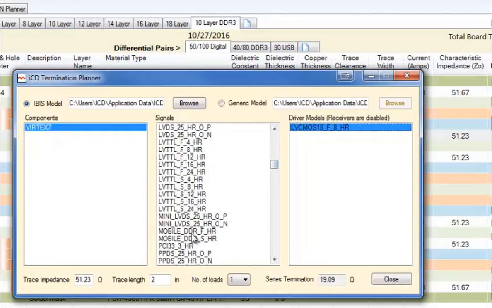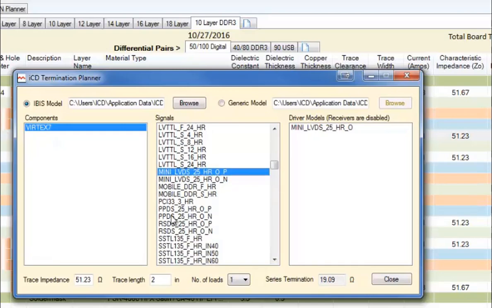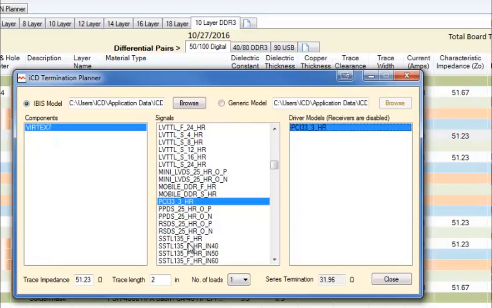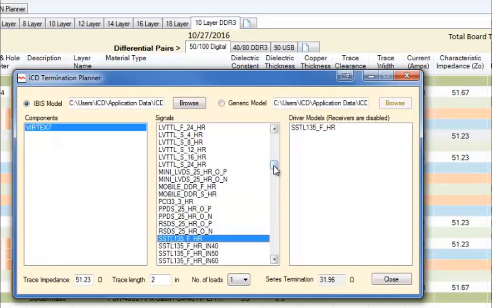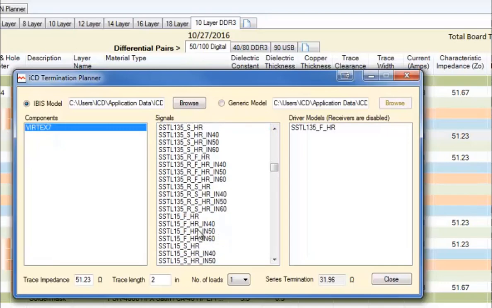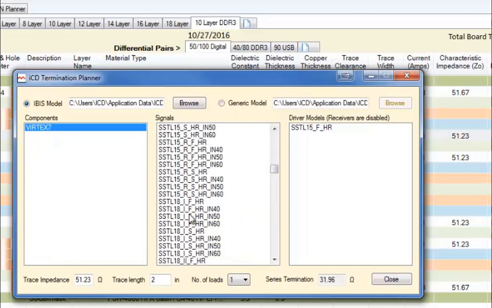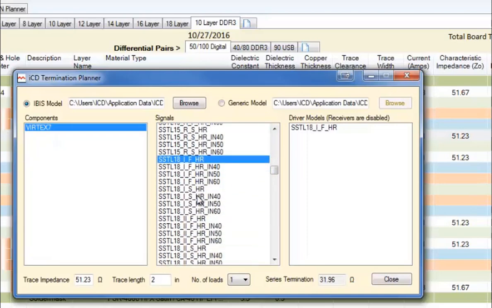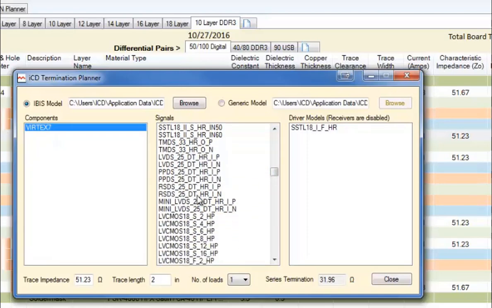We can go down here, and we've got mini low voltage differential signals, and we've got PCI 33 megahertz drivers. We've got the 1.3 volt, which would be used for low power DDR3 or DDR4 devices, 1.5, which is typically used for DDR3, 1.8, which is DDR2, and so on and so on. So there's all these models you can choose from. So if you know what you're doing, you can select the exact model from the Virtex 7, for instance, or